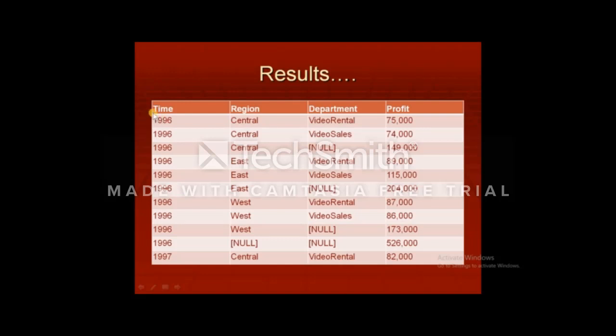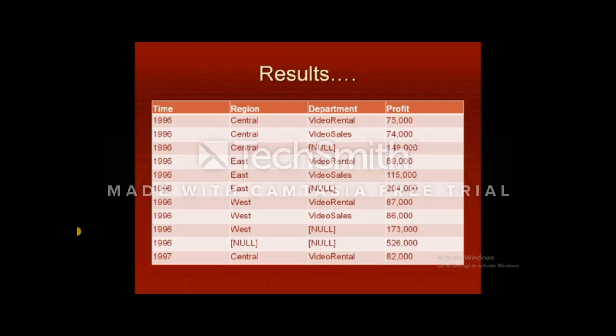We can have multiple summary tables from this single result. We can have a table that contains all the profits from all the departments in the central region, and we can put that result in a simple single table.